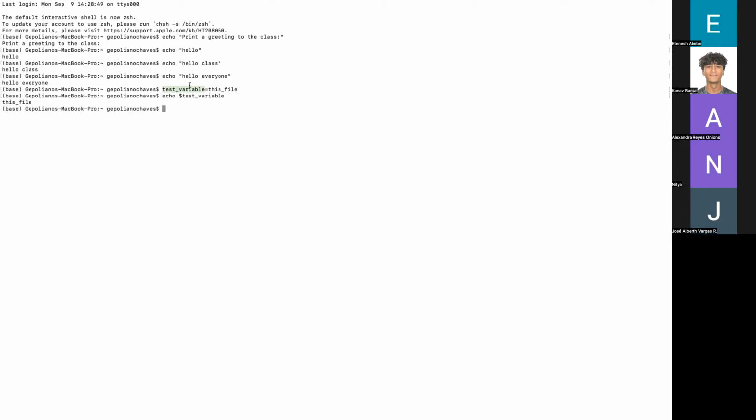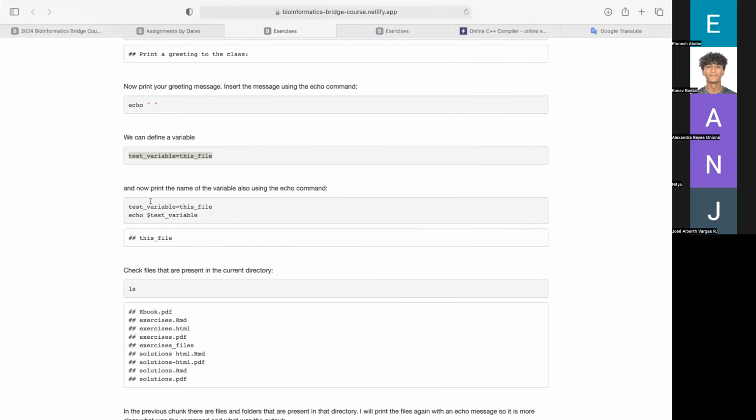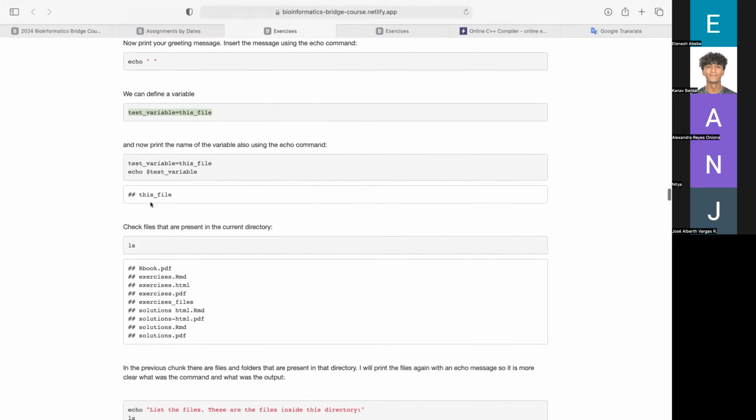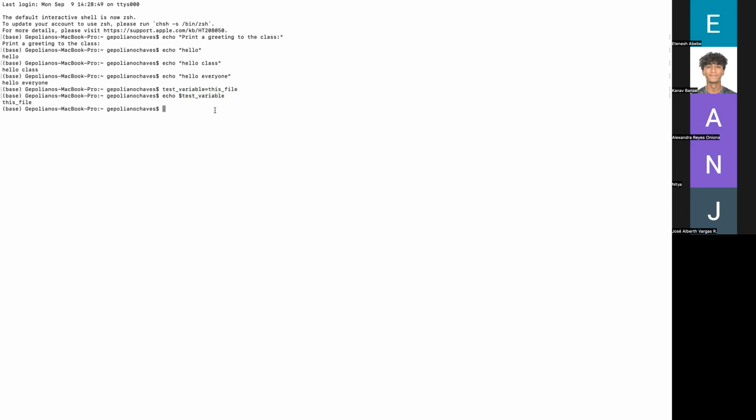So this is the variable. The way that I understand it is that this is assigning a value to the variable. So when I echo, it echoes the value of the variable. Thank you, Kanav. And then if I ls here,